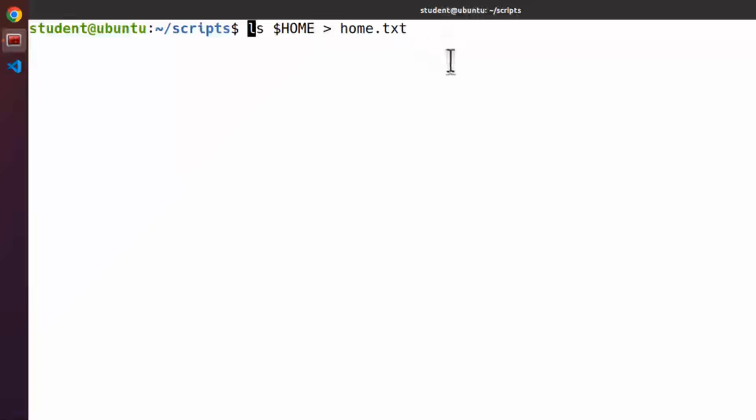Words don't contain meta characters, and operators contain at least one unquoted meta character. In this example, there are 3 words, ls, $home, and home.txt, and one operator, the greater than sign. Note that dollar is not a meta character, so $home counts as a word. Also note that home.txt is still part of the command because greater than is a redirection operator and not a control operator, and the shell uses only control operators to determine the command.